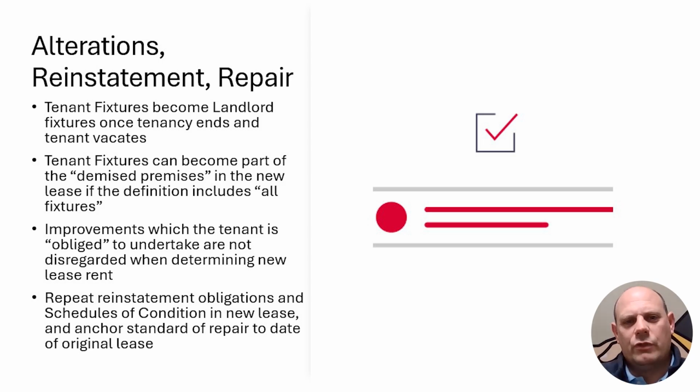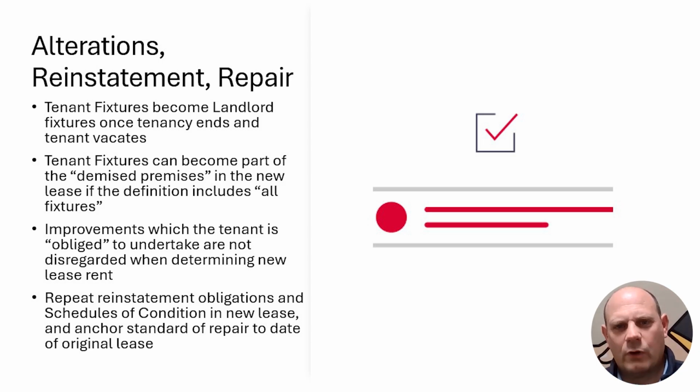Under the old common law, anything fixed to the land became part of it. It was stated that what is affixed to the soil becomes part of it. That meant tenants who installed items lost them to the freehold when their lease ended. So if a tenant installed a heating system, being a tenant's fixture, and had not removed it before vacating the premises at term end, it became a landlord's fixture, and the tenant had to yield up the fixture in accordance with the repair obligations under the lease.